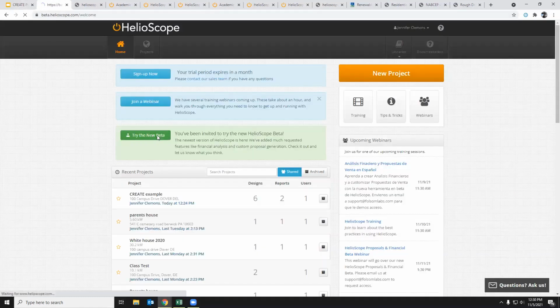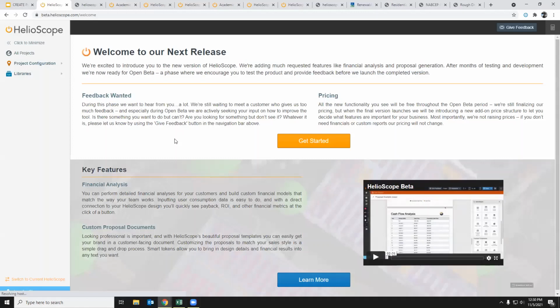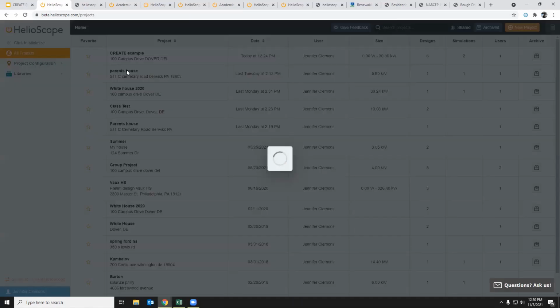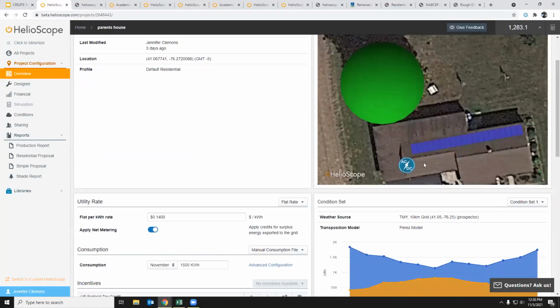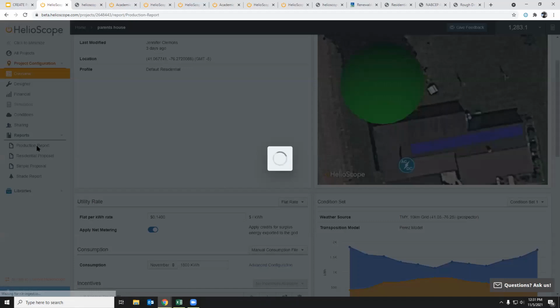So I want to walk through this very, very quickly. All projects. I'll show you this one. I very quickly tried to do this for my parents' house because I was playing around with it, and I've been trying to get my parents to get solar for years. I modeled this tree here, and you can see they have a big roof space. They live out in the country, there are farms all around, so there's plenty of places to put solar. But I only spent a few minutes coming up with the design. So, with the new reports,